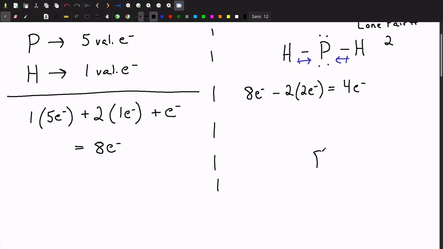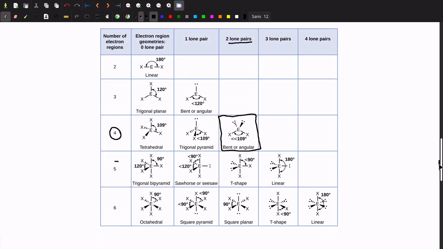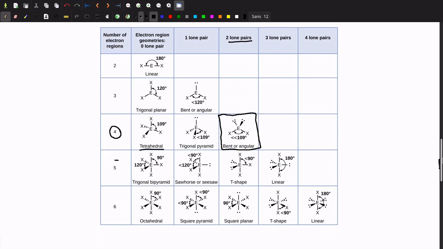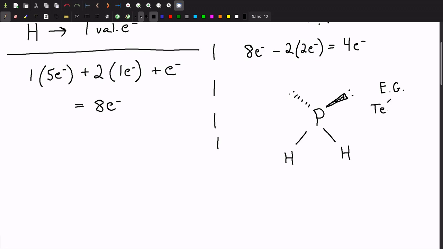We can come up here and interpret that for our case. What it's telling us is that we have phosphorus here. These hydrogens are in a bent position coming down. There is a lone pair coming out of the board. One is going into the plane of the board. Our electron geometry, it's always the first one in this column, so that's going to be tetrahedral. And our molecular geometry is going to be